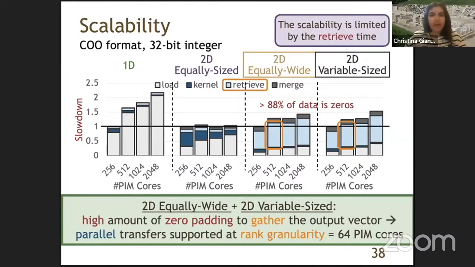More specifically, our evaluated system supports parallel transfers at a rank granularity, meaning among 64 PIM cores, and therefore we need to implement a high amount of zero padding with empty bytes in the retrieved data transfers, and this amount of padding accounts for approximately 88% of the data transferred from PIM-enabled memory to the host CPU,